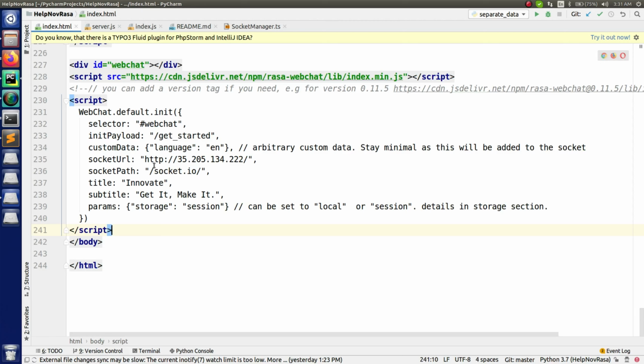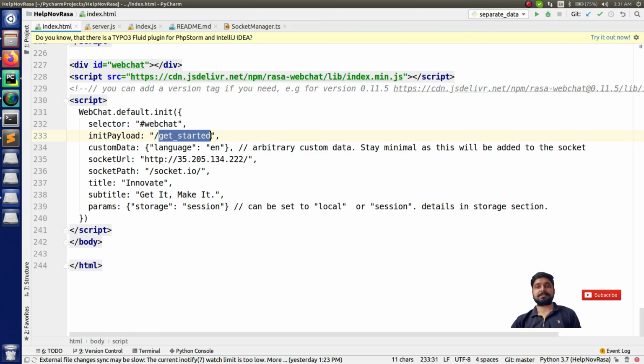That was working just because in here you can see init payload, which means the intent which you are going to call initially is this one. So instead of calling this part, let's replace it with greet, which means we are setting up a program in which by default we are just sending a hello message, which means we are initiating, but on the front end it will look like your chatbot is initiating.